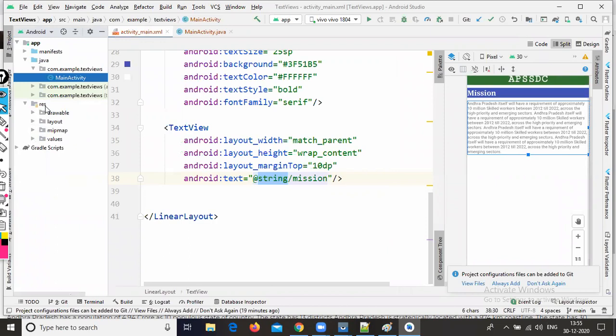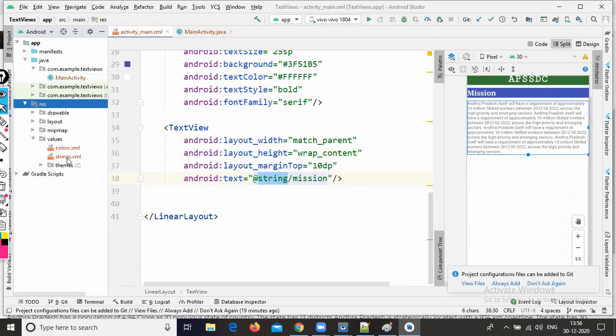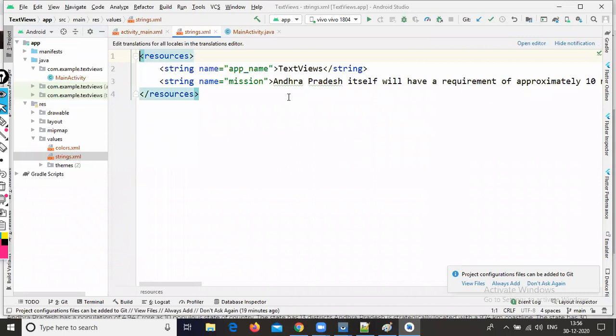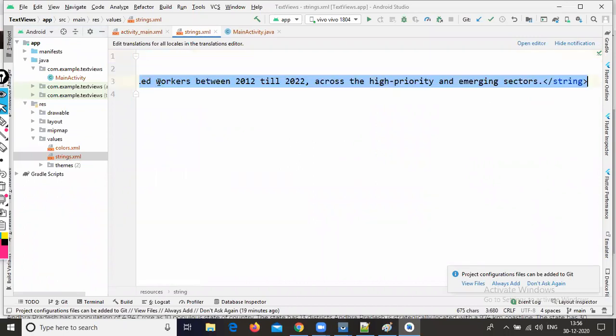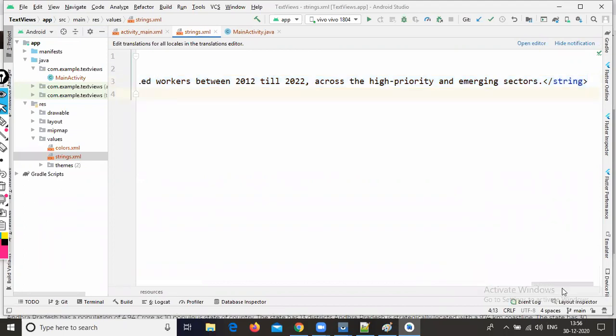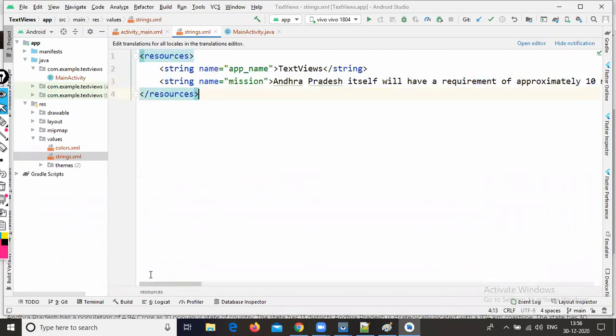Inside the res folder the values subfolder is available. Just double click on this string.xml file. In this string.xml file, whatever data we are creating, that particular string is available.